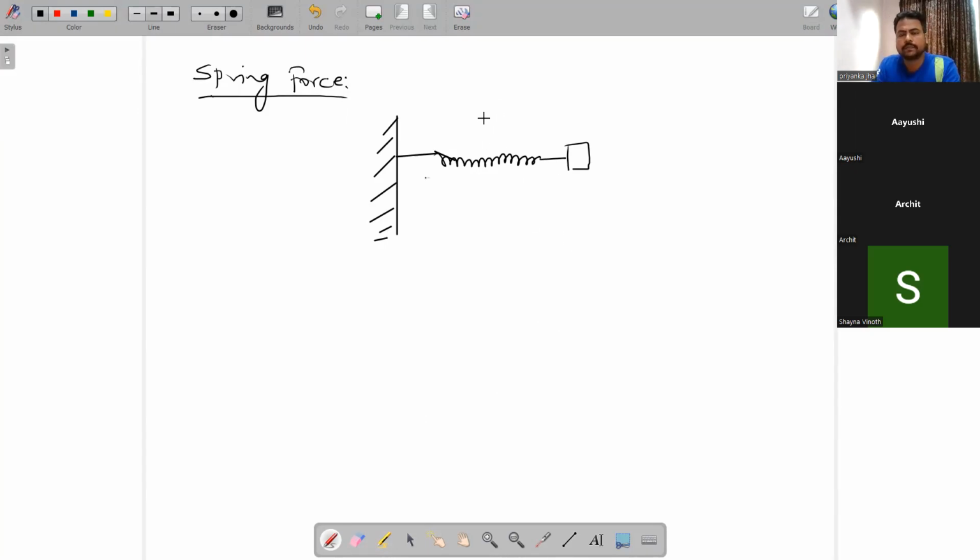Here, this spring is in its natural length. NL means natural length. There is no extension or compression in this. Means when you pull the spring, it will have extension, and when you compress this, push, then it will have